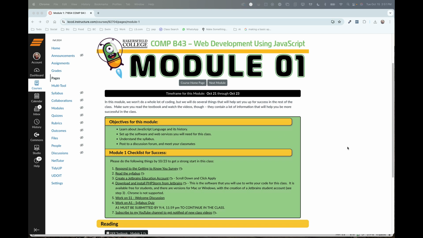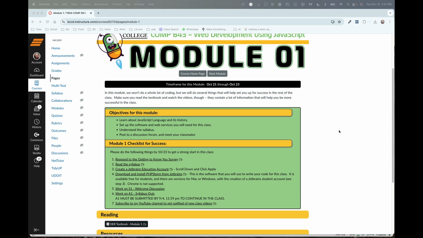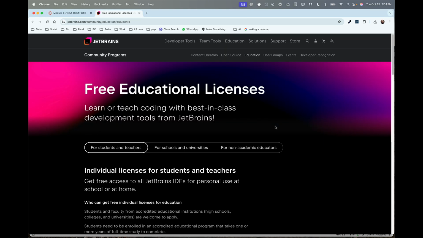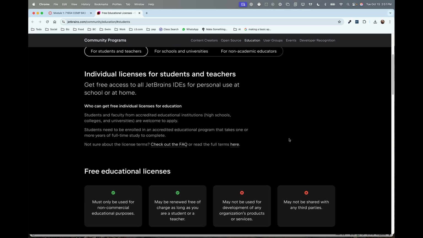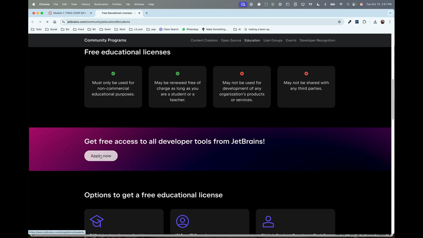So what we're going to do is on the Canvas page for Module 1, you can see here there is a link that says Create a JetBrains Education Account. We're going to click on that, and that will take you to this page. All you need to do is scroll down, click Apply Now,